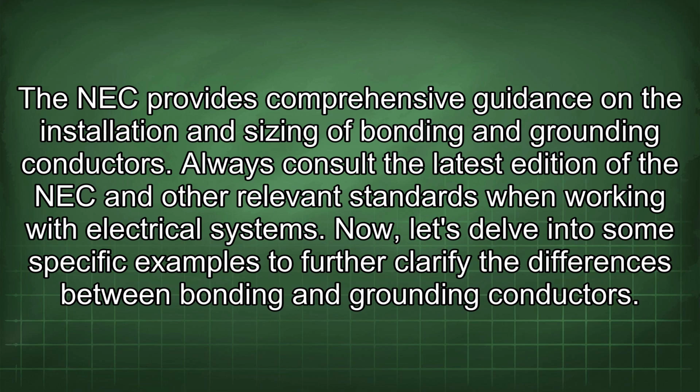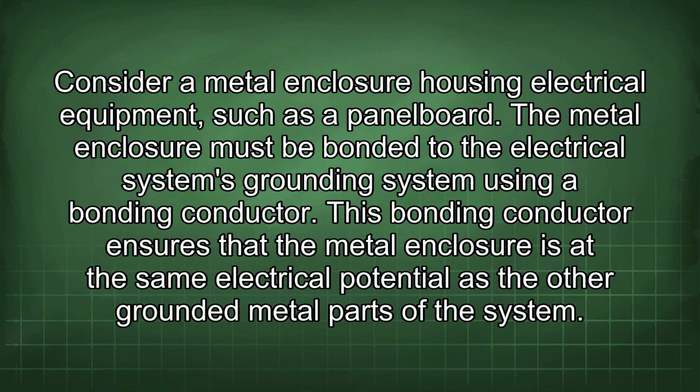Now, let's delve into some specific examples to further clarify the differences between bonding and grounding conductors. Consider a metal enclosure housing electrical equipment, such as a panel board. The metal enclosure must be bonded to the electrical system's grounding system using a bonding conductor. This bonding conductor ensures that the metal enclosure is at the same electrical potential as the other grounded metal parts